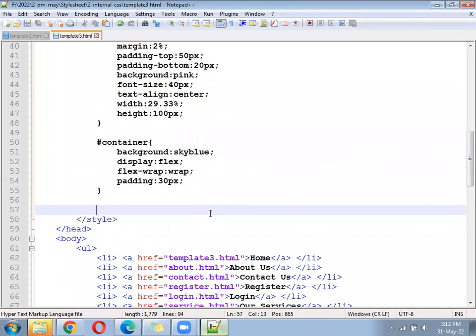Container we have written now. Container. Okay.